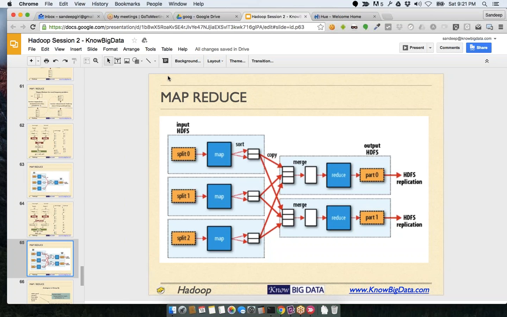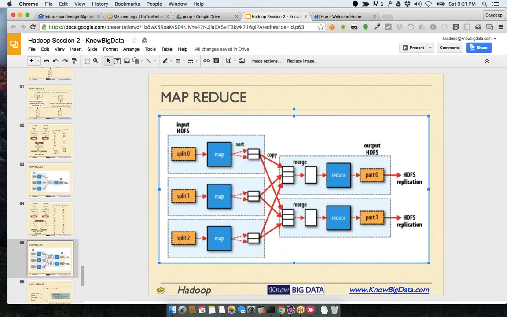Just after the map, key values are split into multiple buckets. These buckets are equal to the number of reducers. This number of reducers is clearly your choice. You decide how many reducers you want. And your question would be,